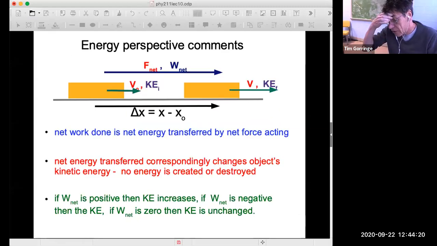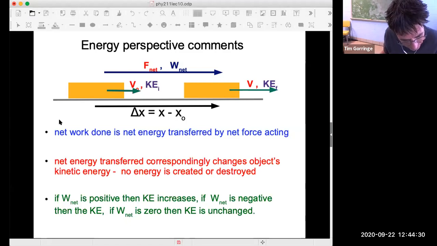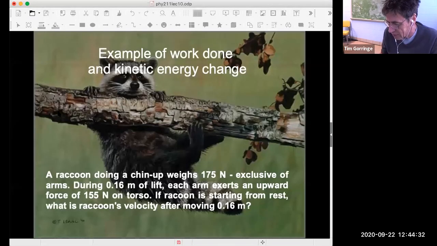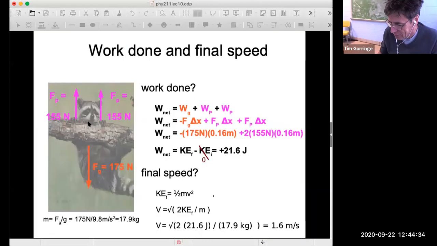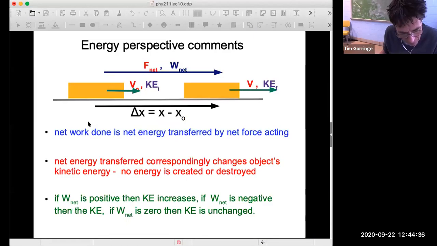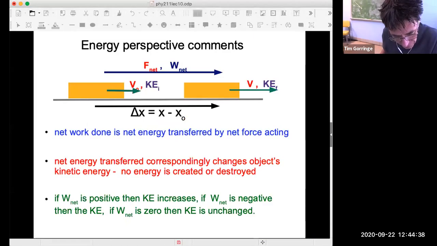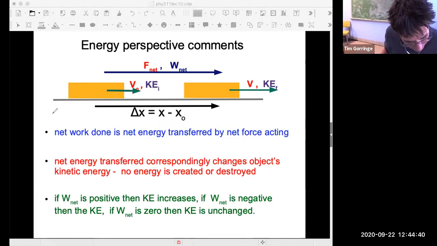And on this side, I'm just going to make a few comments about this new energy perspective. So a few key comments about it. The first one that I've written down is that net work done. What net work done is